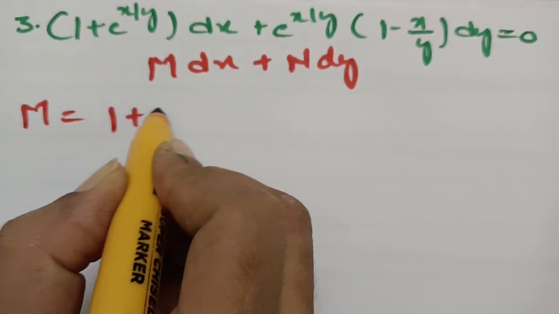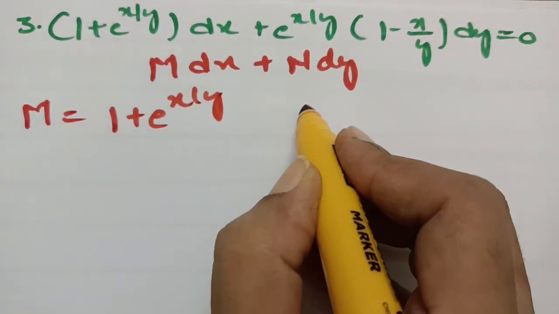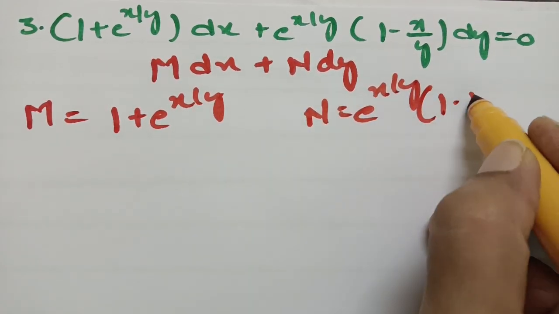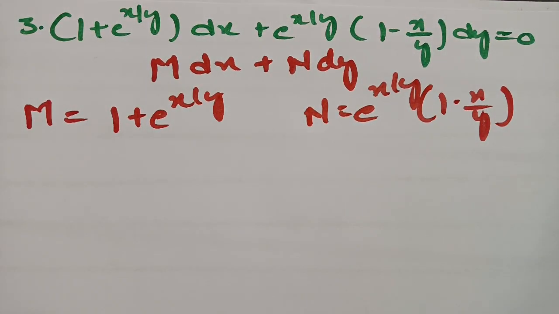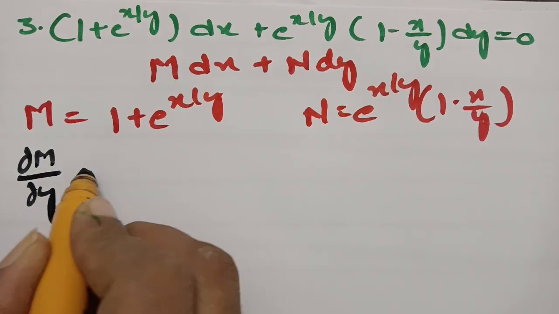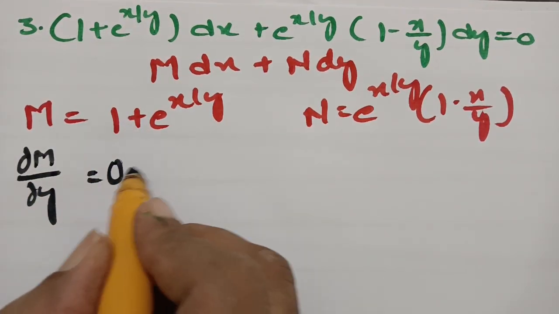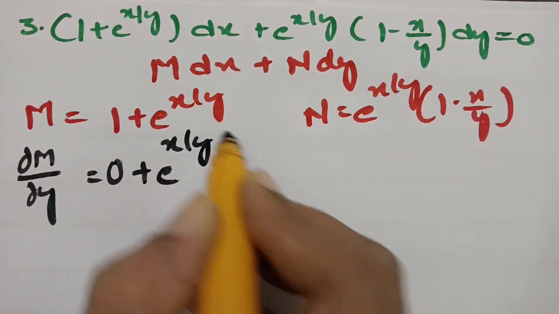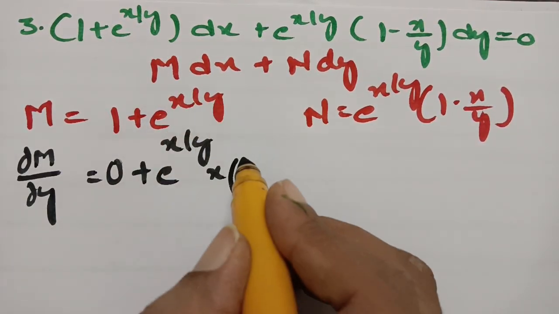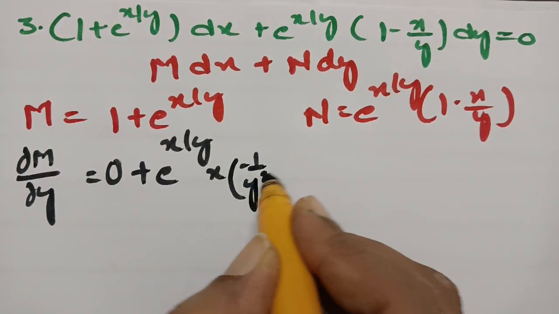M value is nothing but 1 plus e power x by y. And what is our n value? That is e power x by y into 1 minus x by y. So I have to make a derivative with respect to y for m, that is dou m by dou y. The value is equal to, for 1 it is 0. For e power x, this is e power x. For y here, x will be constant, and for 1 by y this is minus 1 by y